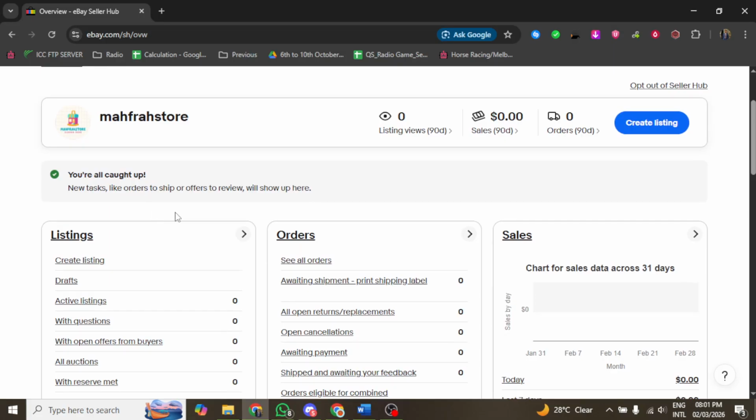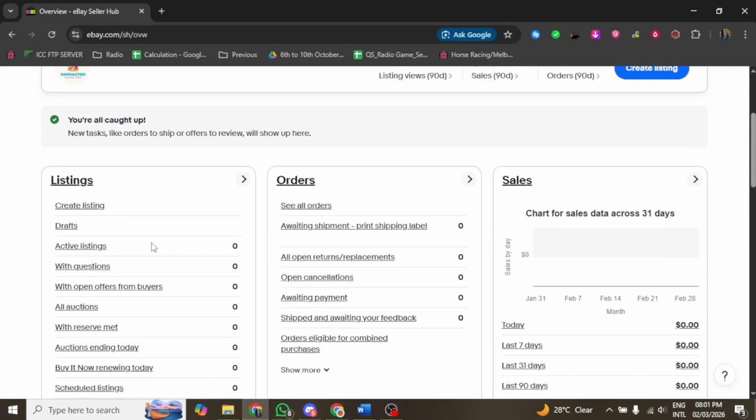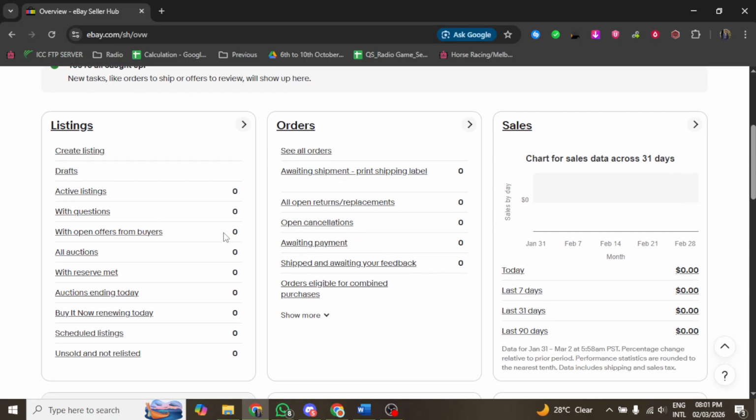Next, if you have not yet added your bank account details, you will need to do so in the payout method section. Enter all required information accurately, as this is crucial for a successful transfer.